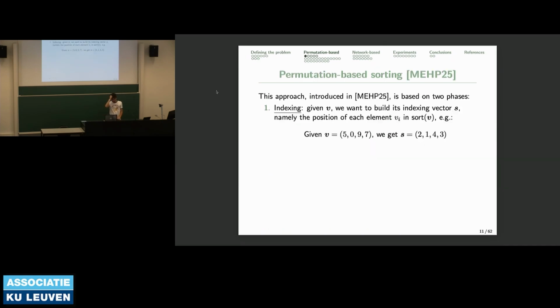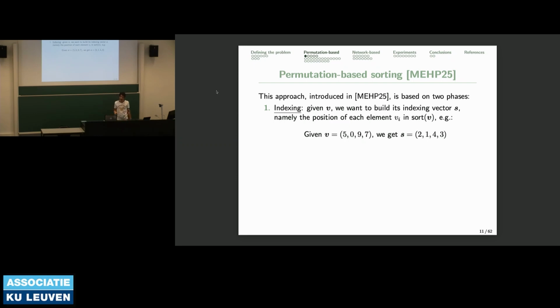Okay, I will introduce now this permutation-based approach, introducing MIHP 25, which is a very recent work, which is actually just based on two phases. So we have the first phase, which is the indexing phase. So given a vector like 5097, we want to compute its indexing. So the indexing, which I called S,